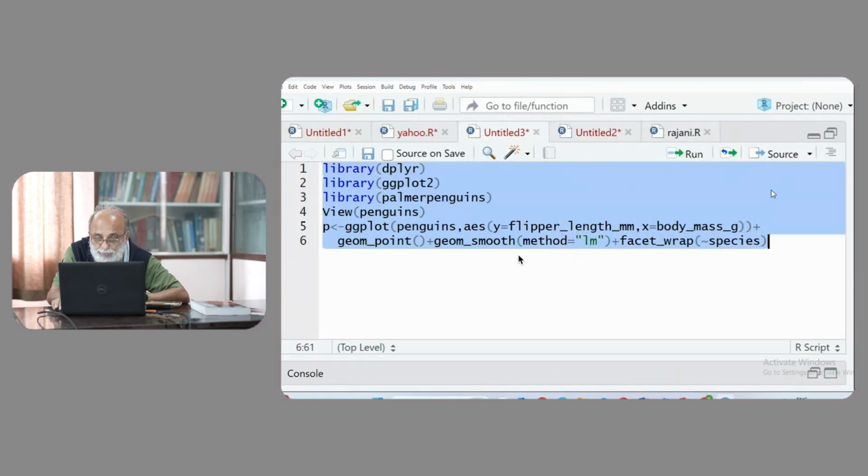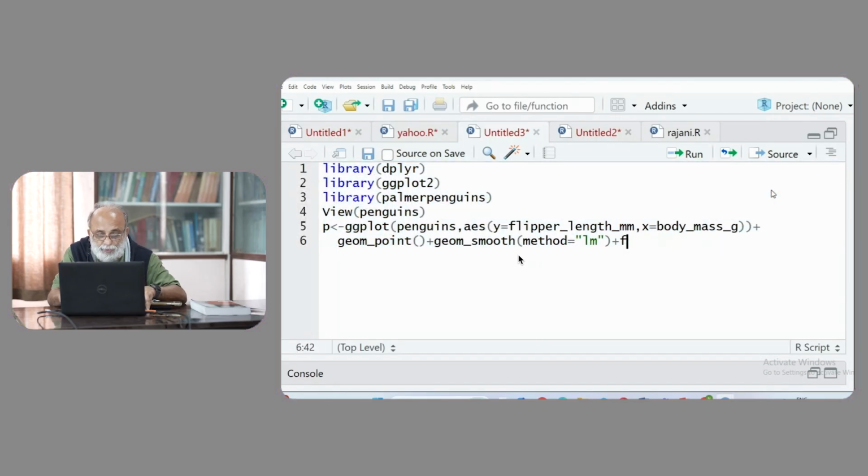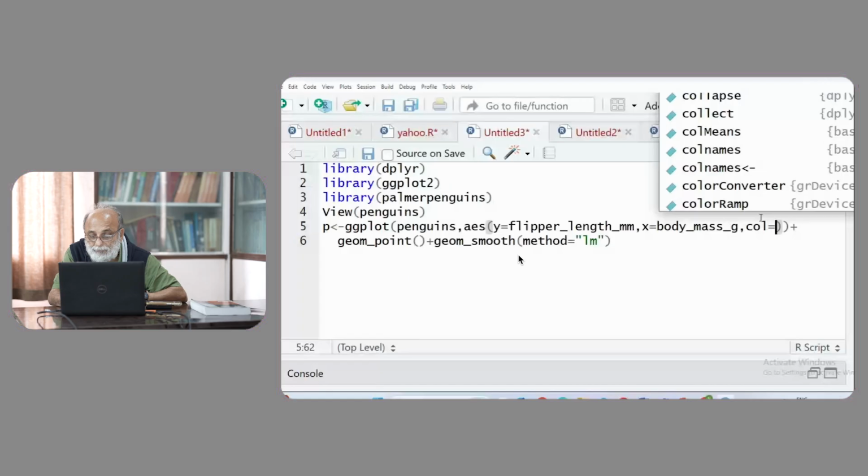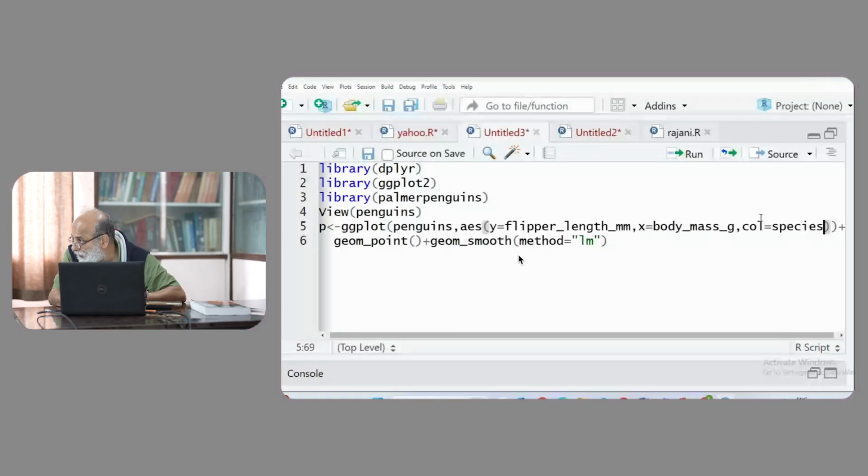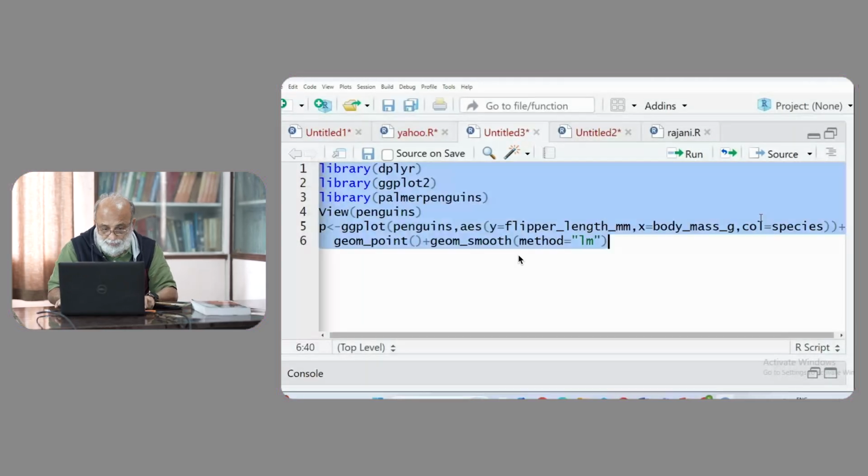Okay. So you remove this. You take this off, facet underscore wrap. Right here, say color is equal to species, right? So in the aesthetics itself, you specify that draw the graph by color, separately by species, right? Okay? And if you run this,